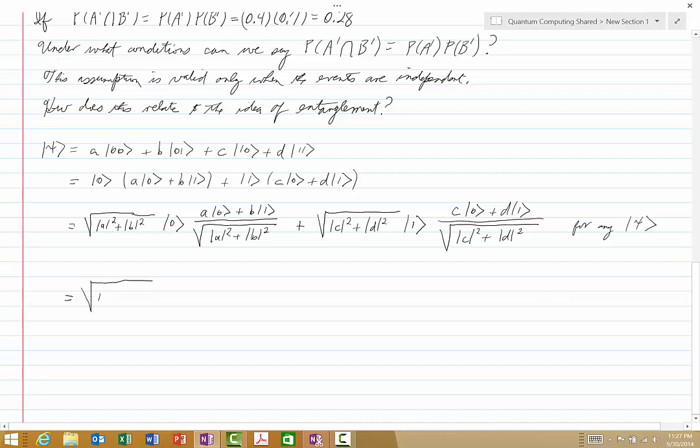We'll have square root of the magnitude of a squared plus the magnitude of b squared, |0>, and then we have (a|0> plus b|1>) over the square root of the magnitude of a squared plus the magnitude of b squared,